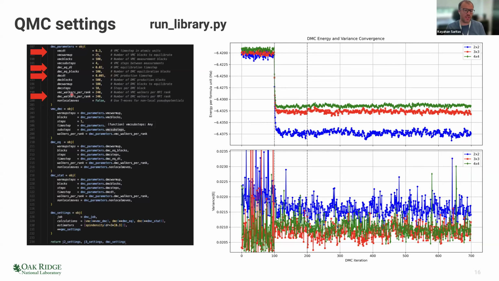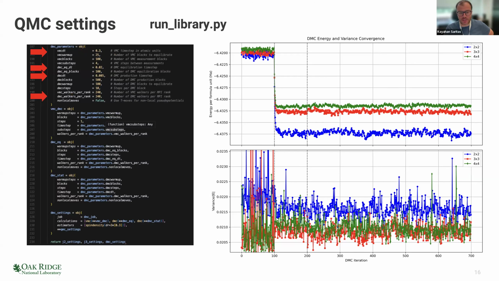One approach is to set up VMC or DMC walkers per rank. It may come down to personal preference, but for me this is easier to control in terms of how much work I'm asking from the calculations that will be done. I think that point will be more clear as I move towards some of the final slides. But what I did in here is, especially for the time step errors that we